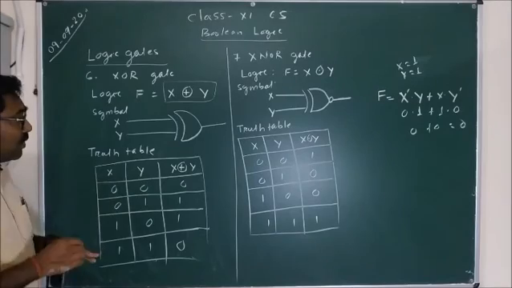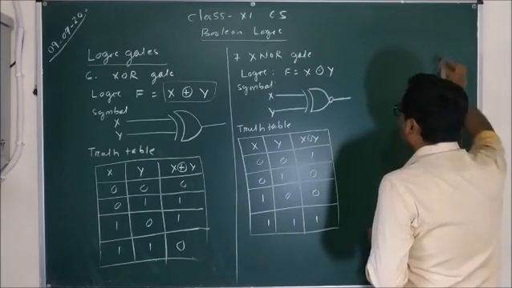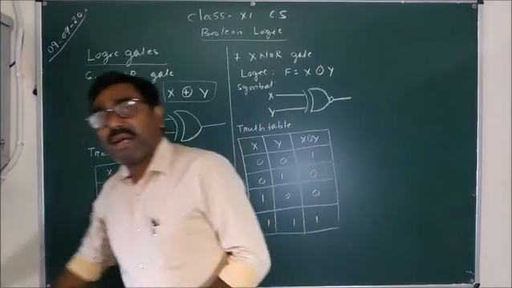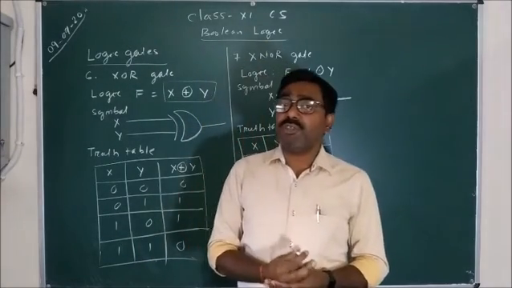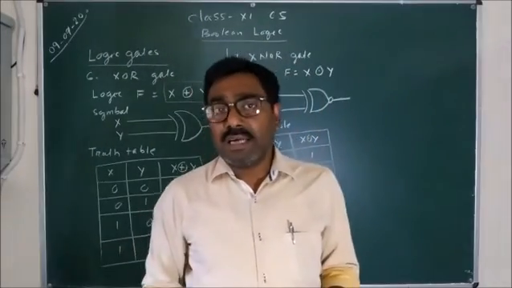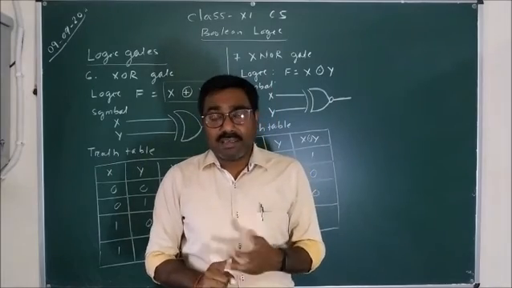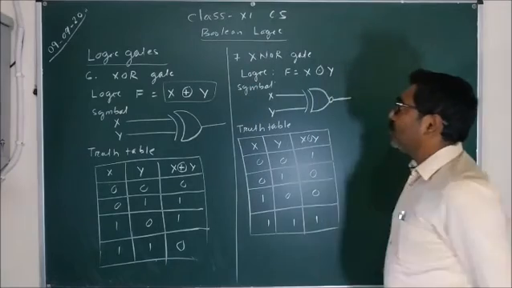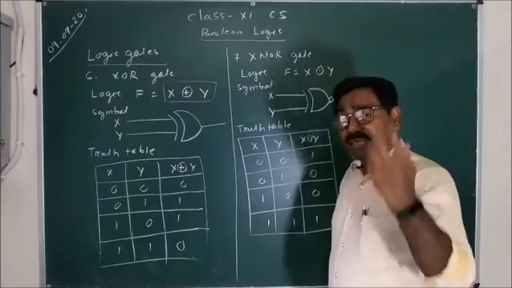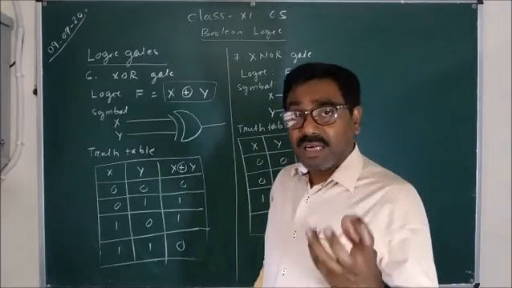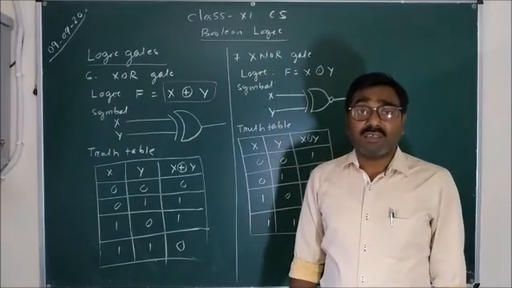Okay. Now come to the seventh gate, or this is the last logic gate, which is known as the XNOR gate. That is exactly opposite of the XOR gate. Okay, what is the XOR gate? The opposite of the XOR gate is known as XNOR gate. Like OR gate, opposite is NOR gate. AND gate, opposite is NAND gate. Likewise, XOR gate, opposite is XNOR gate. That means if we are passing the output of an XOR gate through a NOT gate, then we'll get the output of a XNOR gate.